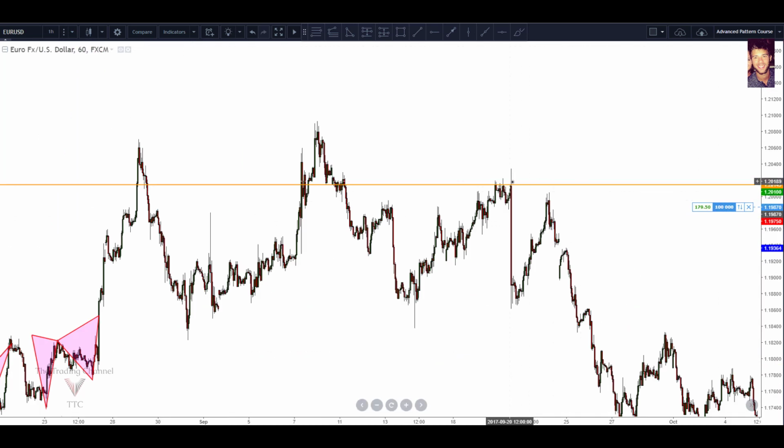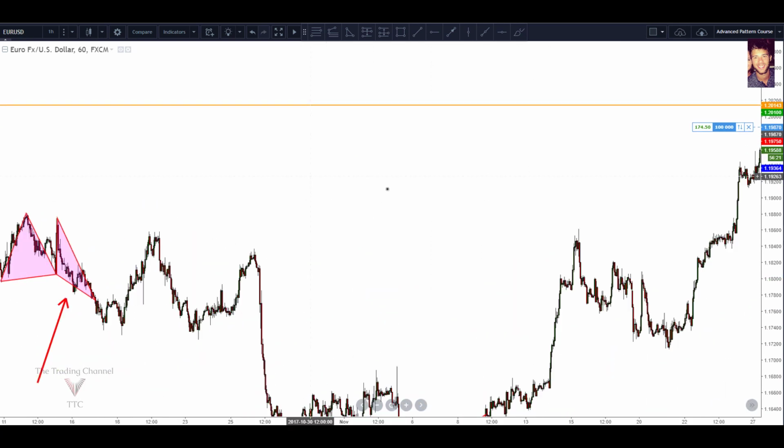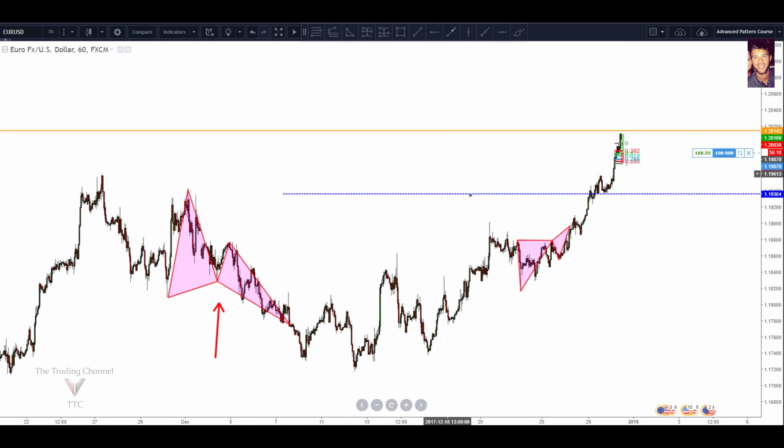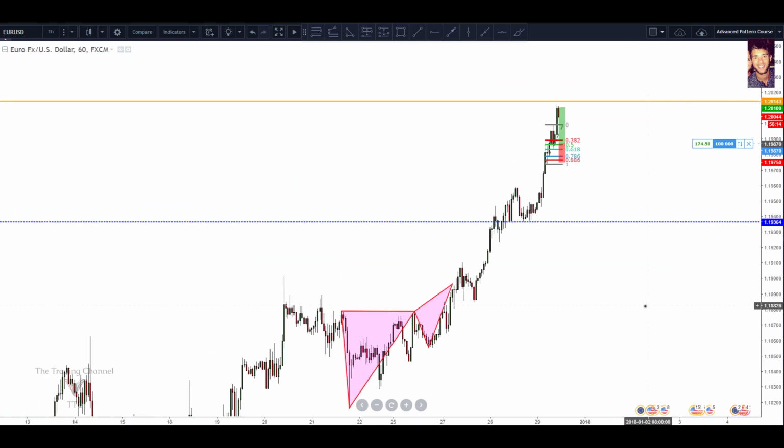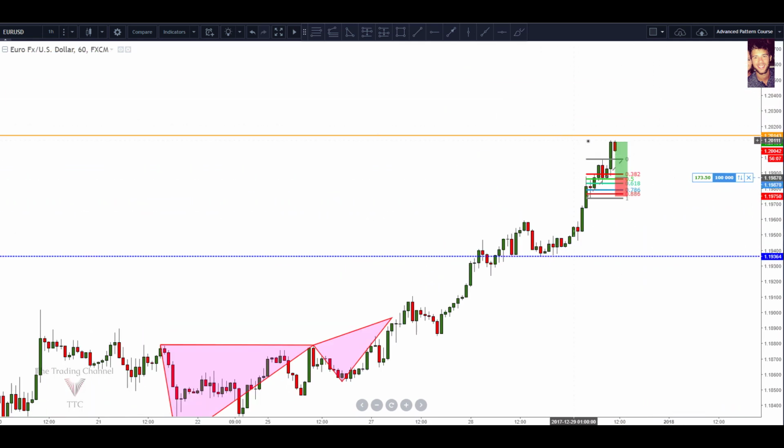So it looks as though we're currently right at a previous level of major structure. So we're going to go ahead and take off the second part of this position if we get back up to this level yet again. So we'll scroll the chart back over. And this is analysis that I should have done pre-trade. I should have done this beforehand, but I did not. And the market hasn't quite got there yet. So if we make it up to this level, that's where we'll be looking to take off the second part